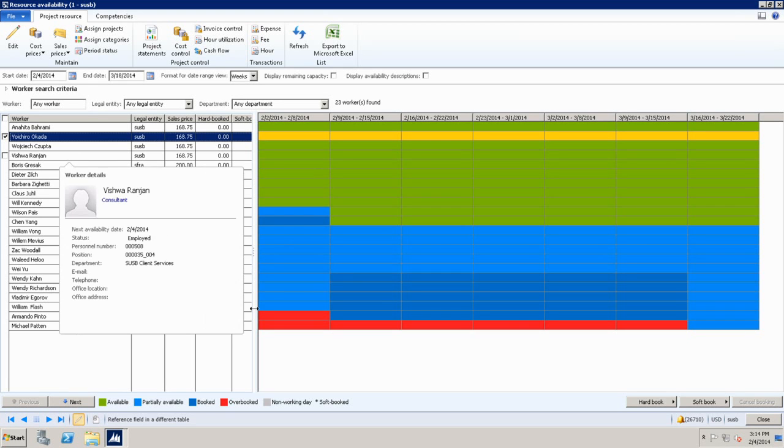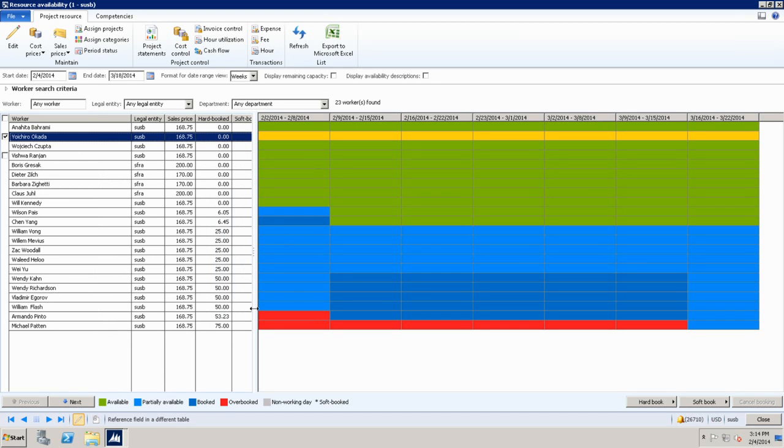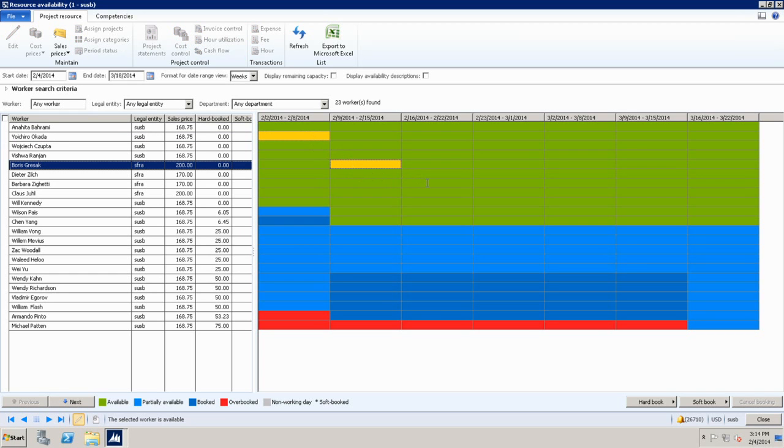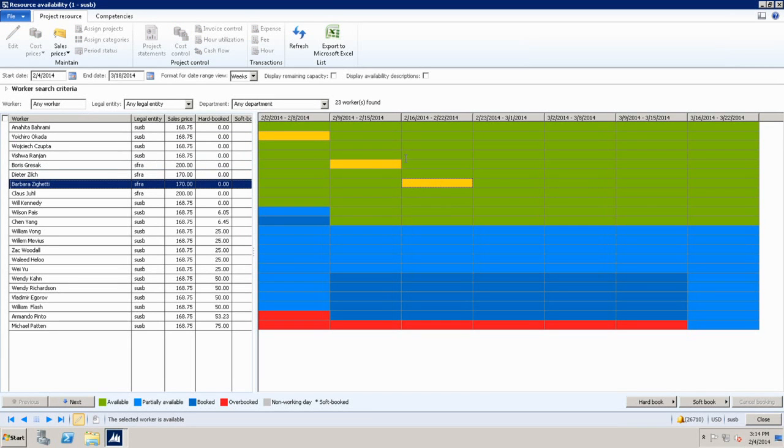Now, this UI is really pretty interactive. You can select, in this scenario, I'm selecting the entire time. I can select any cells I want, and cells do not need to be continuous. So you remember we talked about white spaces in resource availability. You can grab any white space or the area that you want and book them on a specific project. For example, I want Yochiro here, I want Boris here, and I want Barbara here. 3 non-continuous cells I'm selecting.